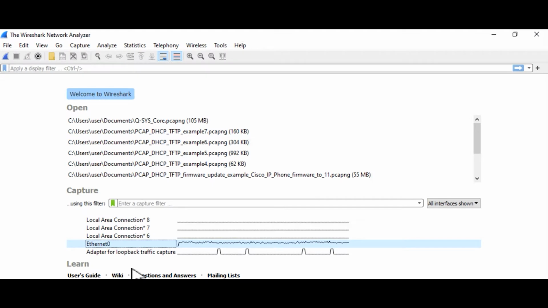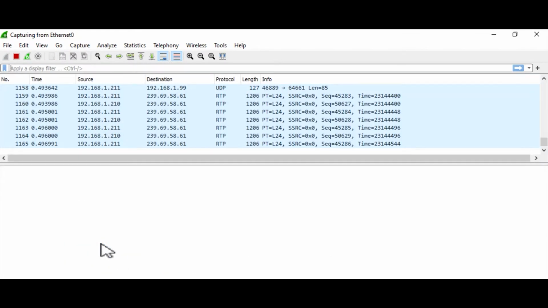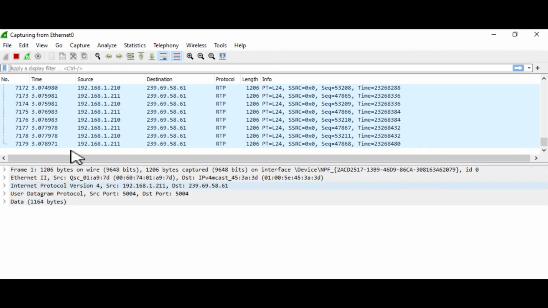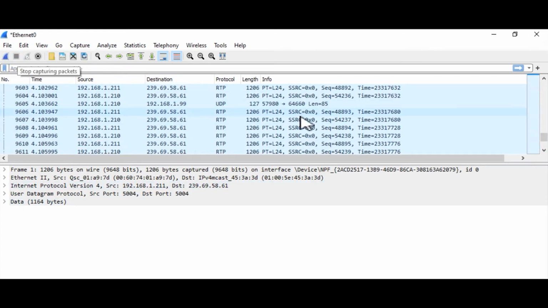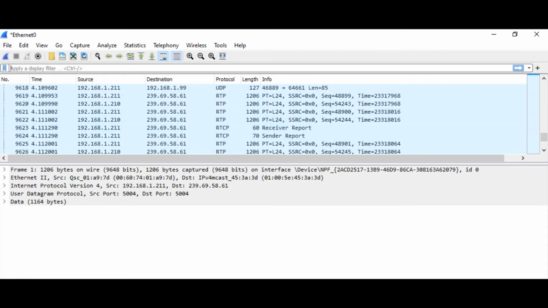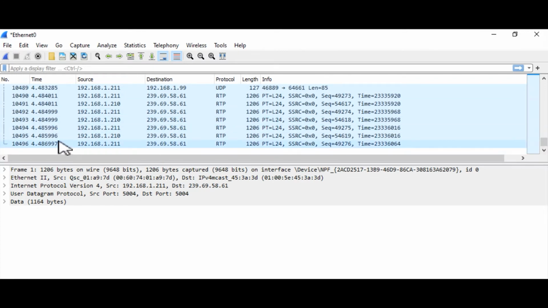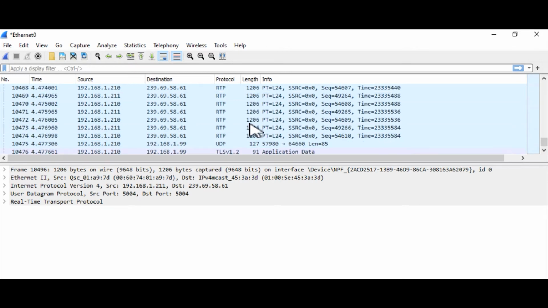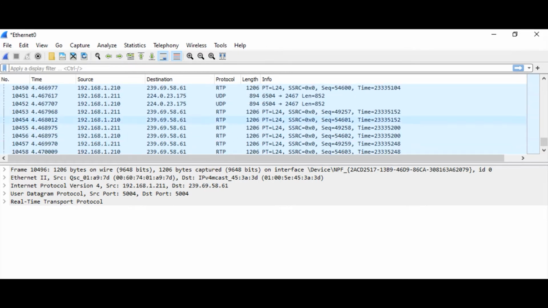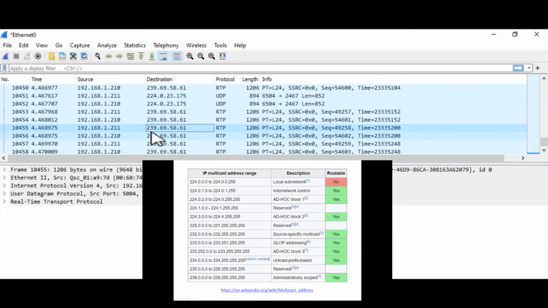We're going to open up Wireshark and start a capture. We're just going to run a few seconds here. If we take a look at this, from capturing approximately 4 seconds, so 4.4 seconds of capture time, we're at 10,496 packets. And what you're going to notice is a majority of these packets are actually multicast packets. So if you notice, the destination is 239, 224,